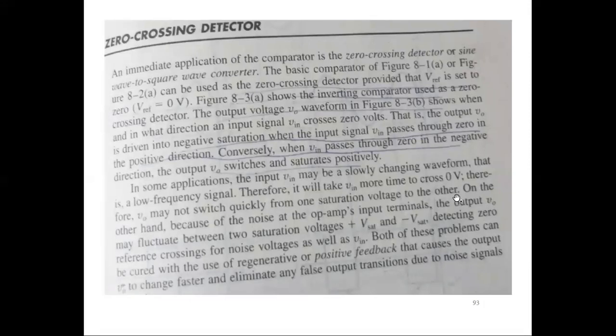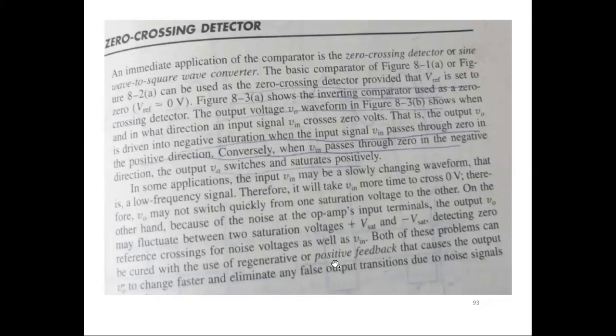So whenever the input voltage is near 0, the noise might become predominant, and because of the noise, the output might fluctuate between plus Vsat and minus Vsat. So this is a big problem in the zero crossing detector we just considered. To avoid this, both of these problems can be solved by using positive feedback,